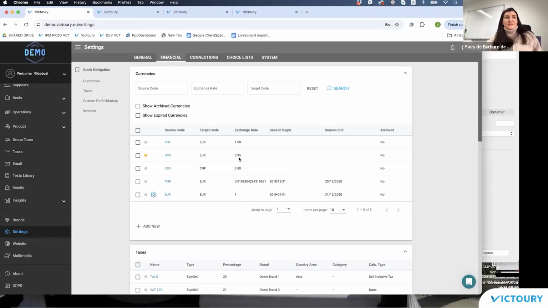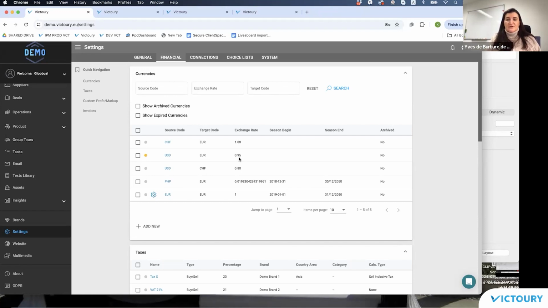Archive exchange rate is for the system to control not to use that exchange rate anymore. So that exchange rate, if it is archived, will not be shown in the prices overlays in the interface either, or when the system is trying to retrieve an exchange rate behind the scenes, like for calculation purposes in the deal process, it will not use the exchange rate which is archived.